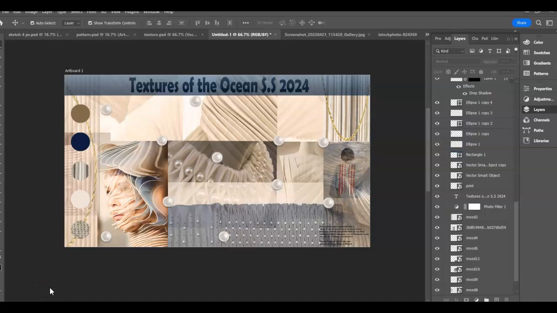It's titled Textures of the Ocean. My collection is really about the textures that we do have around us, from the Grand Canyon to the ocean to even the beautiful patterns that the birds and the butterflies have. But I really wanted to focus this part of my collection. I kind of consider it a part one of four collection. I wanted to take this part to focus on the ocean instead